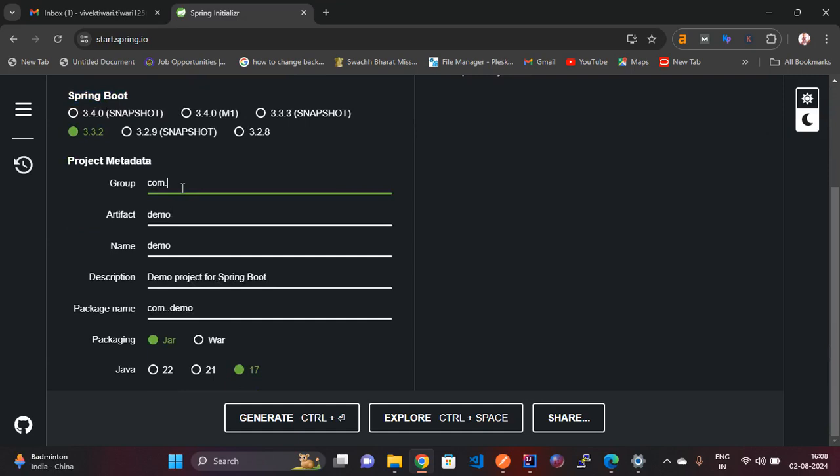id com.security and adding artifact name as security test. Here adding package name as com.security.test, removing the existing description and adding implementation of Spring Security